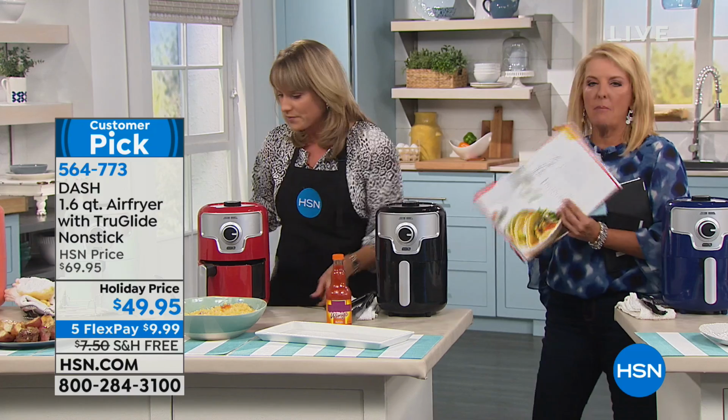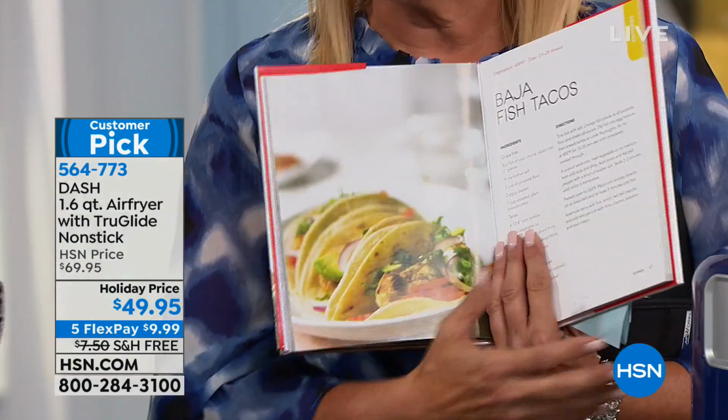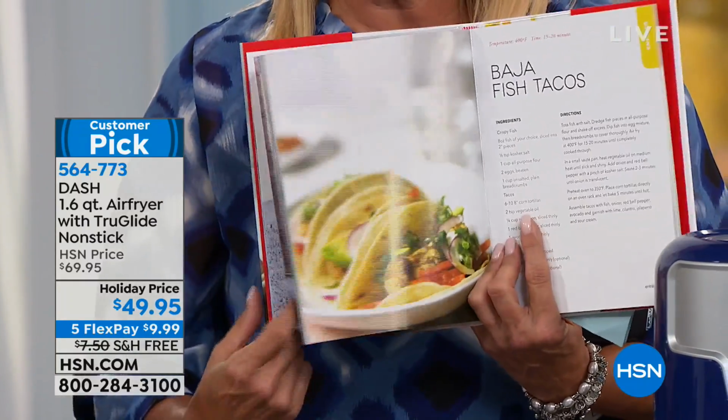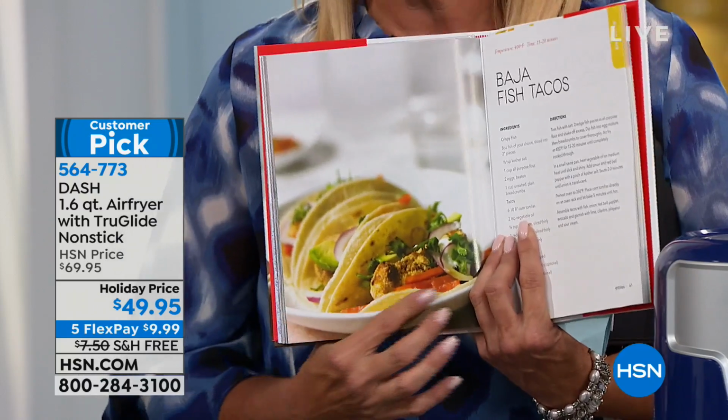I'm gonna show you something else. How about Baja fish tacos? Like, these are things that you find in really fine restaurants that you can do in your air fryer. My husband's a huge fan of fish tacos. Yes, and again, very healthy. Look at how delicious they are. And they're gonna cook the most delicate fish, the most delicate shrimp,